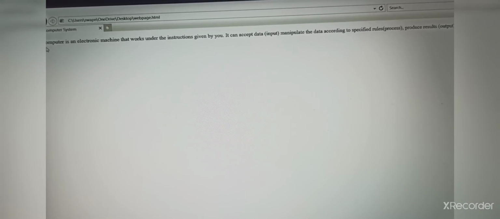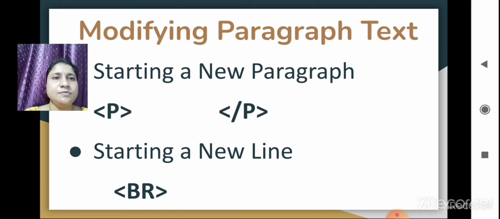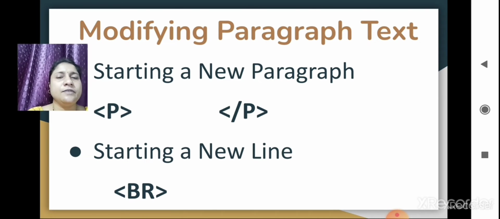Got it now? So the next is modifying paragraph text. Starting a new paragraph: when you want to write a paragraph in a web page, you have to use the P tag for paragraph. This paragraph tag has both opening and closing. The next is starting a new line.